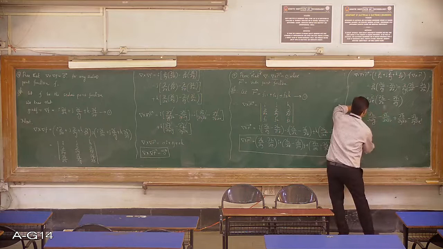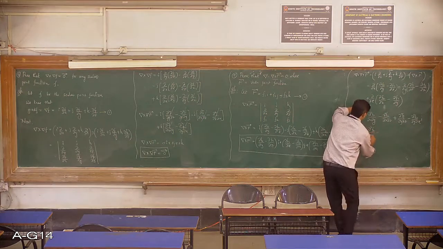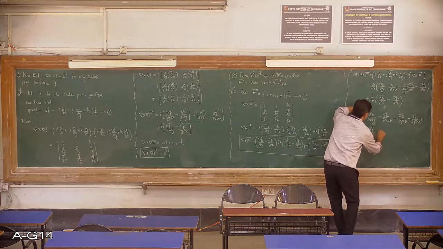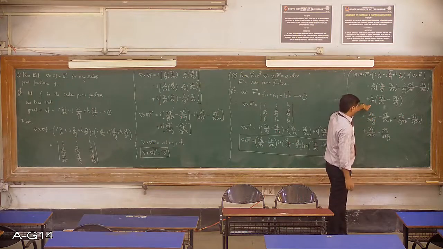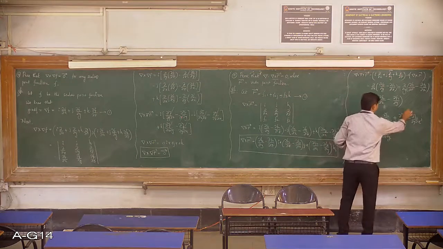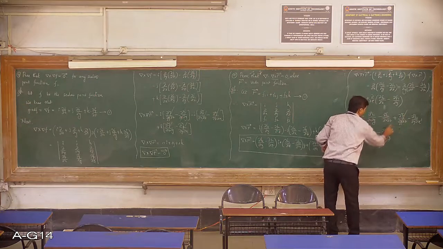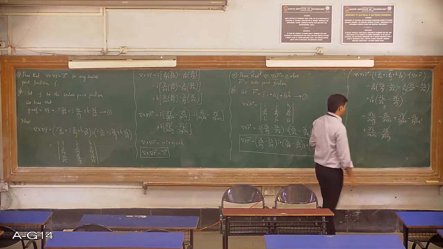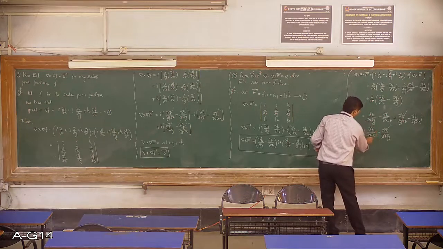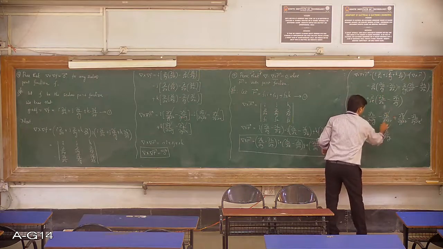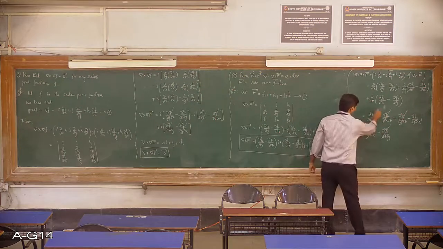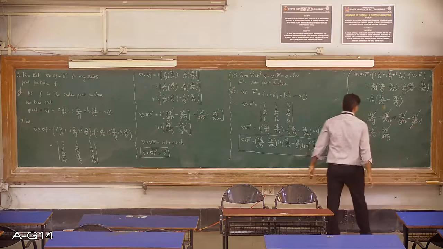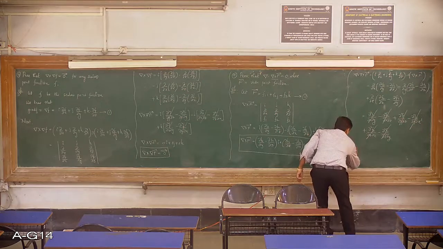Lastly plus dou square f2 by dou z dou x minus dou square f1 by dou z dou y. Okay, so dou square f1 by dou y dou z and dou square f1 by dou z dou y both get cancelled. Next, dou square f2 by dou x dou z and dou square f2 by dou z dou x get cancelled. And dou square f3 by dou x dou y and dou square f3 by dou y dou x get cancelled. So finally here you will get